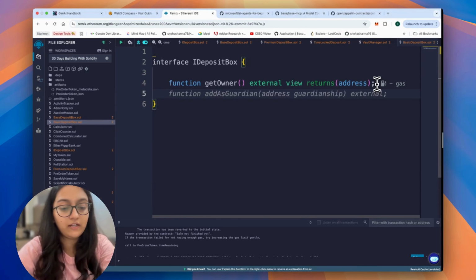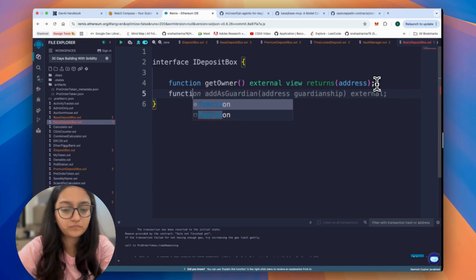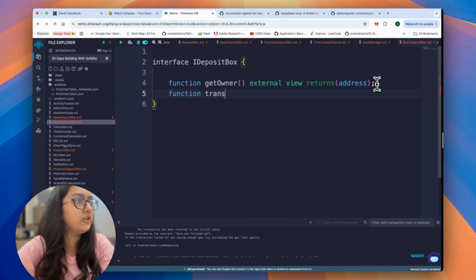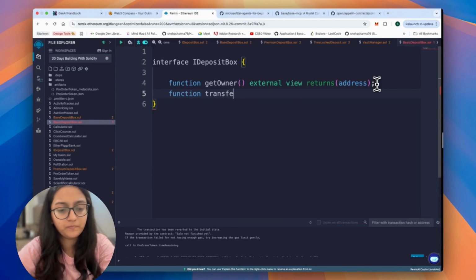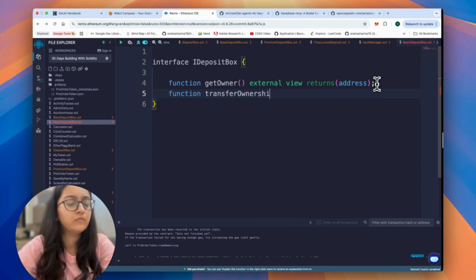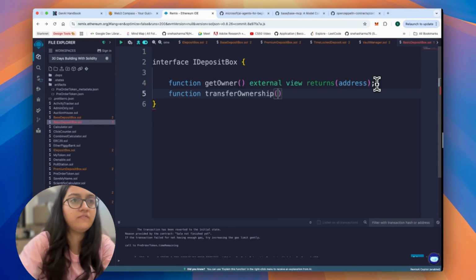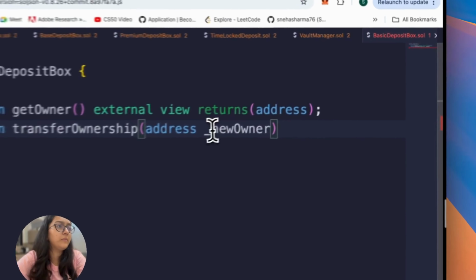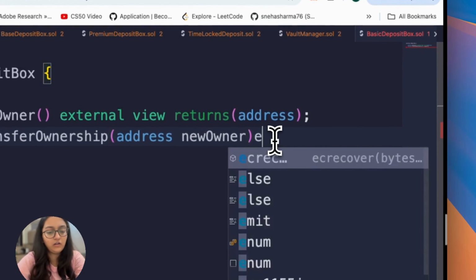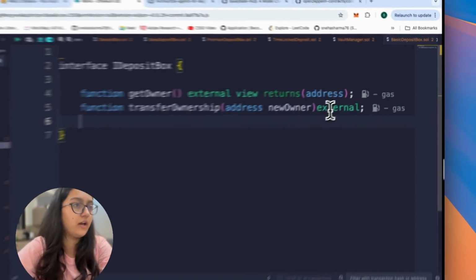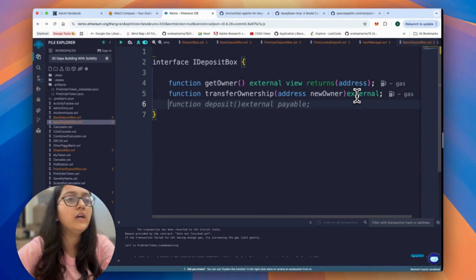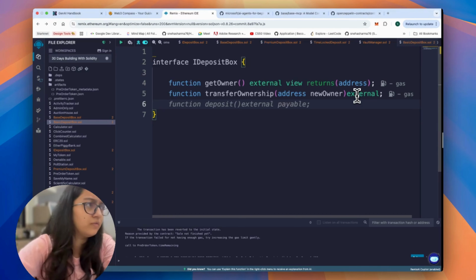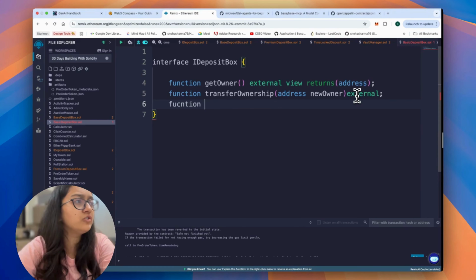And then we're going to write function transferOwnership, and we're saying address of the new owner and make it external. Again, we want it to be accessible from outside. So yeah, that is why. Then we're saying storeSecret, a function to save a string or our secret inside the vault. So we're saying, hey, function